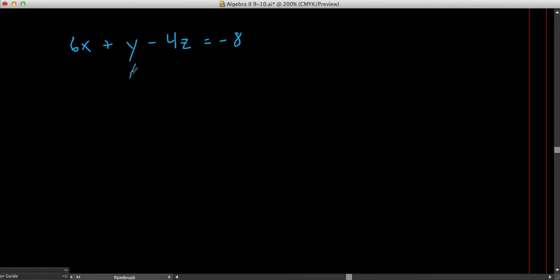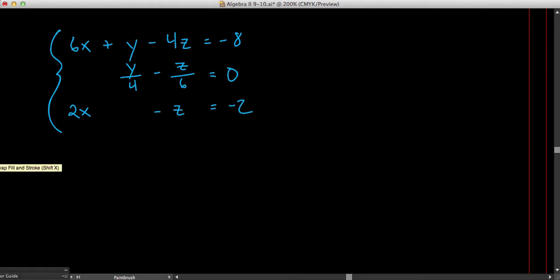Then y over 4 minus z over 6 is equal to 0. And then 2x minus z is equal to negative 2. Okay, so we have our system here,